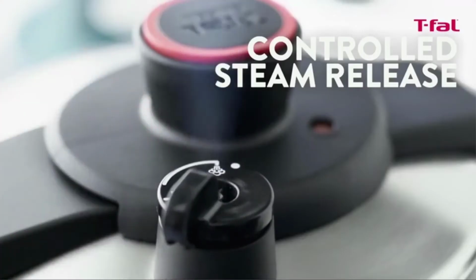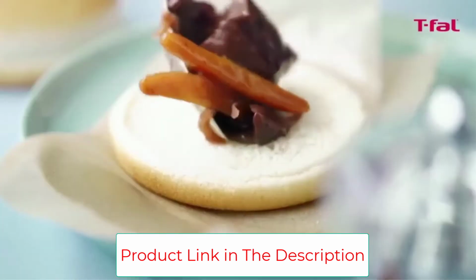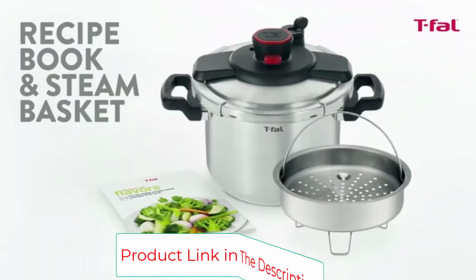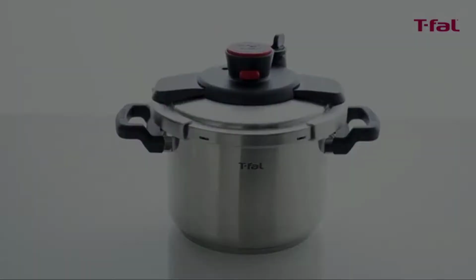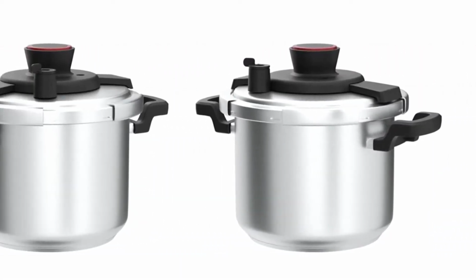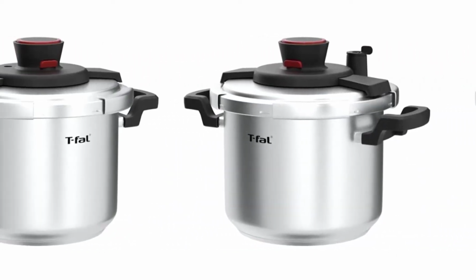Because of all these precautions, I don't think twice about my safety when it's at full pressure. My old one used to scare the pants off of me, one reviewer says. Another first-time pressure cooker user notes that the actual cooking is pretty simple too. My first attempt was carnitas. 45 minutes after it was up to pressure and they came out perfect, stirred to shred and poured through a